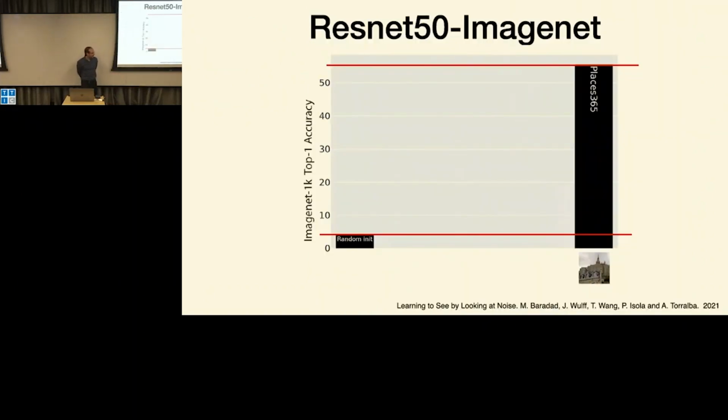In fact, if you look at performances, on an ImageNet classification task, a random initialization gives you around 5% classification rate by just training a linear layer. So you compute the representation, and then you just train a linear layer with ImageNet, in this case, and then you get a score. So that actually is not too bad. It's 5%, which is already much better than chance. And you had no data.